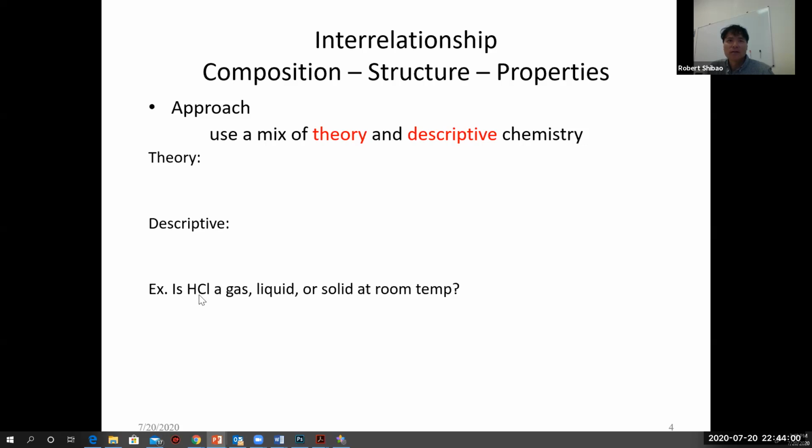Theory, we could sort of, is HCl a gas, liquid, or solid at room temperature? How would you do that theoretically? You could do that theoretically by looking at the molecules and modeling those and using kinetic molecular theory, but that's a lot of work. It's easier just to know HCl is a gas. So most people have it memorized. Pure HCl is a gas. It's a clear colorless gas. And so that's descriptive chemistry or memorization versus theoretical. What is HI? Is HI a gas, liquid, solid? What color is it? Oftentimes it's too much work to do that theoretically. It's much easier just to look it up or memorize it.